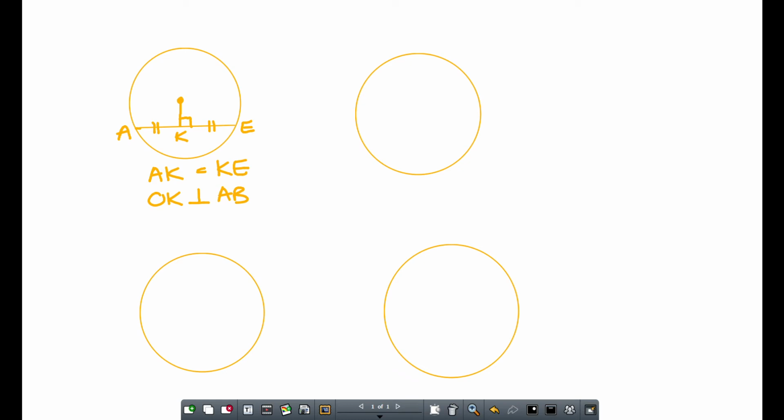Yes. Okay, so the one on the right-hand side there, it just says that OR is perpendicular to AB. Dan sê hulle,